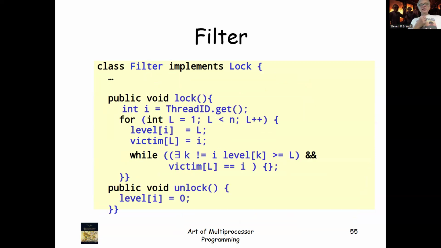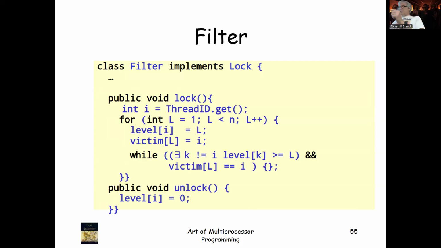The way this works is each one has a flag, which they called level here. So everybody has their own flag. And then in the victim field, they can all write that victim field. All three of the threads can write that same victim field, and they always write themselves there. And so what happens is if all 3 raise their flags and start this process off, only one of them gets stopped in that first layer, right? One of them gets stopped, becomes the victim. And that one says, does anybody have a flag raised as high as me or higher? And am I the victim? And if both those things are true, I sit, right?